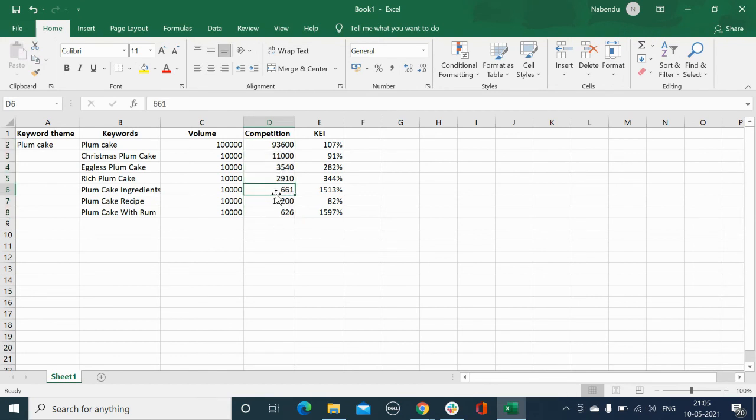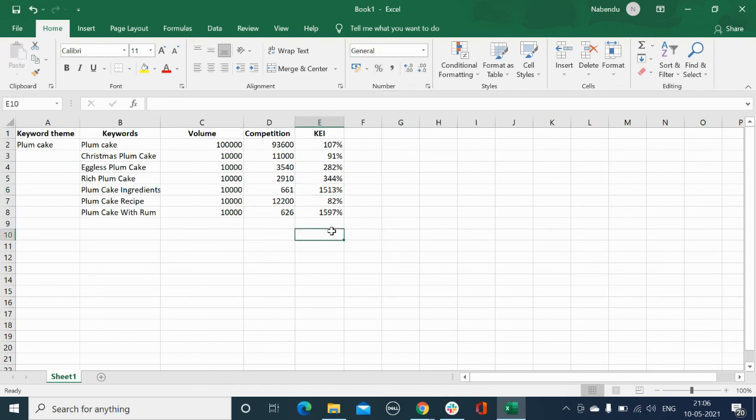here on our sheet. Now KEI, Keyword Effectiveness Index, we get to this number by dividing volume by competition. So if we do this divided by this and enter, we have the percentage here. If it doesn't show in percentage, you can click here and it will appear as a percentage.